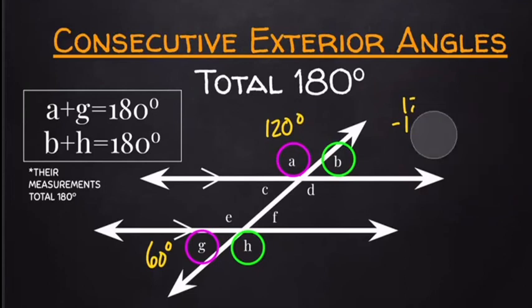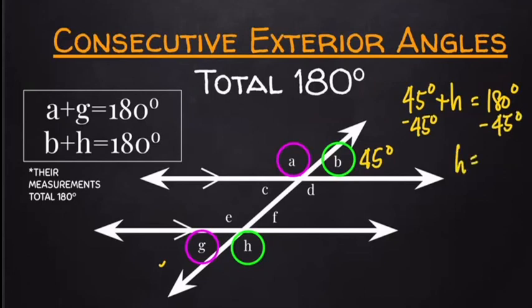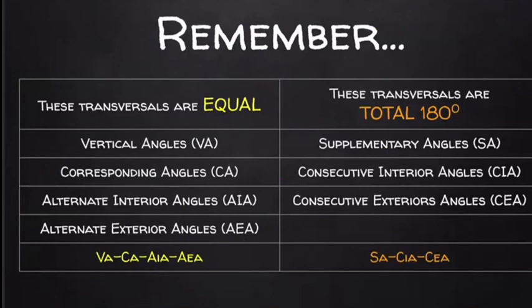Donald, if angle B is equal to, let's use another number we haven't used yet, 45, okay, what would angle H be equal to? 因為 consecutive exterior angles 加埋一齊係等於180度，咁我哋可以 form an equation where 45度加 H 等於180度。我哋用 inverse operations 減45度，H 就會等於135度。